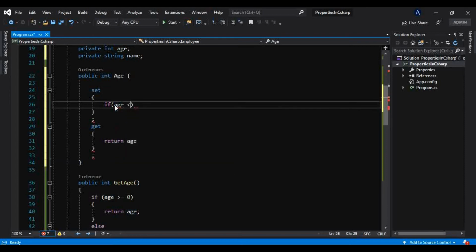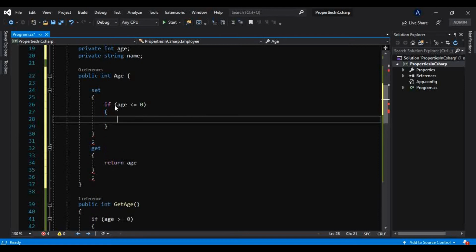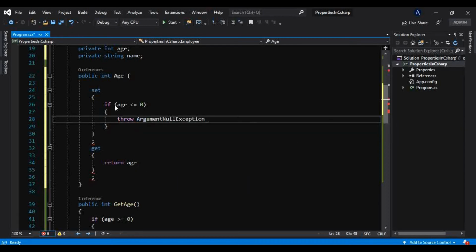If age is less than or equal to 0, then in that case we will throw an argument null exception maybe, okay. So we have to make an object of that like this. Don't worry why we have to use an object of that, we will learn that, okay.